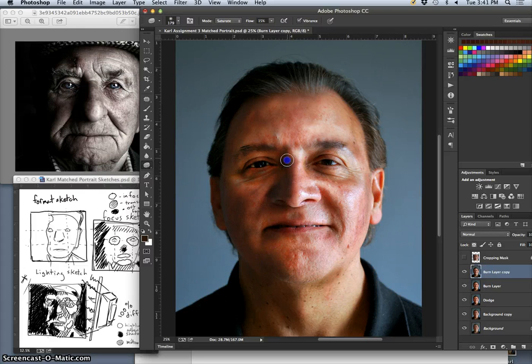Like the nose got very gray when I burned it. I like that term burning because it's like ash that you've sustained in a fire. Okay, so now I've got slightly more naturalistic color. There's some spots that